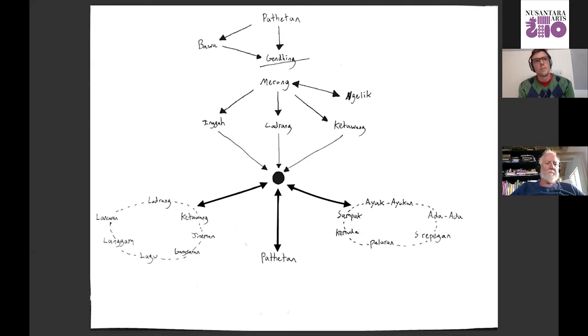Bowo is also a free metered song that's usually sung by a single person, often a man, and it's usually accompanied by gender. So usually for a gending, there's not just one bowo specific for that gending, but you can choose several, although some gending are known to have a certain bowo more often than not. So with Gambir Sawit, there's a few different choices that you could use for a bowo. However, I think maybe the most common might be